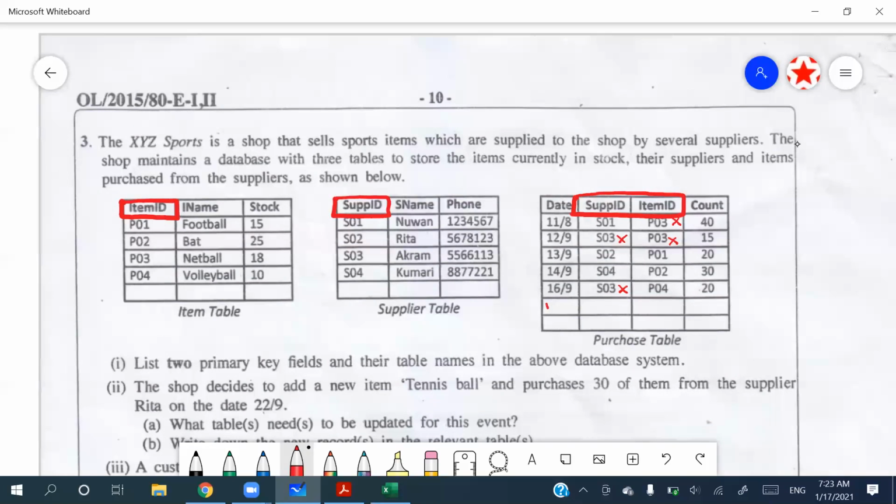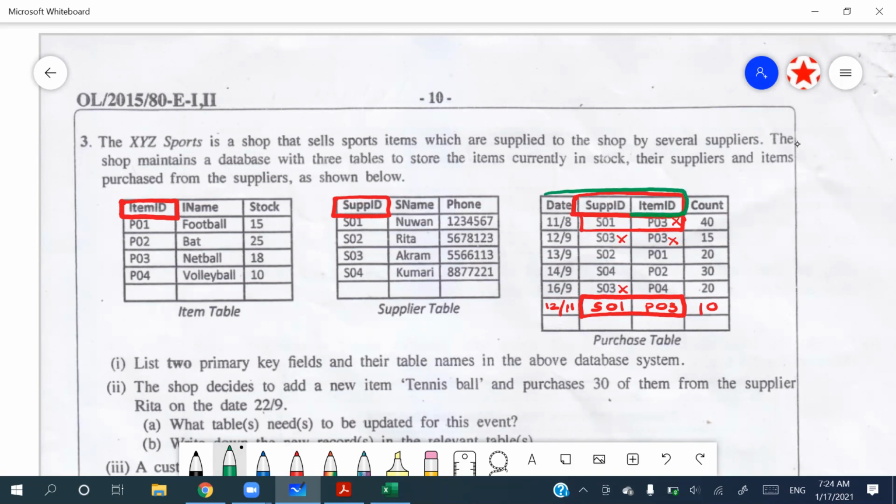Like on the 11th of the 12th month, S01 supplier will supply the P03 item as 10 with a quantity of the count. So that will make this record repeated, right? So for that reason, the most suitable primary key will be